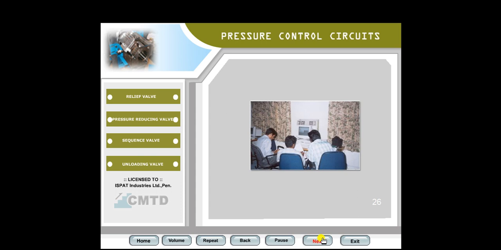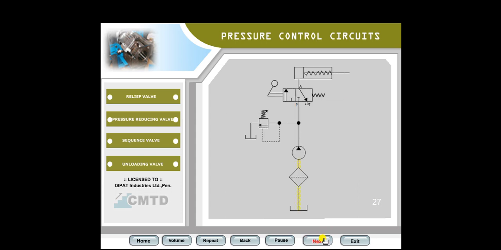Now let us see how relief valve functions in a circuit. When pump rotates, oil enters into the pump through strainer. Pump delivers oil at the inlet port of the relief valve and P port of the direction control valve.